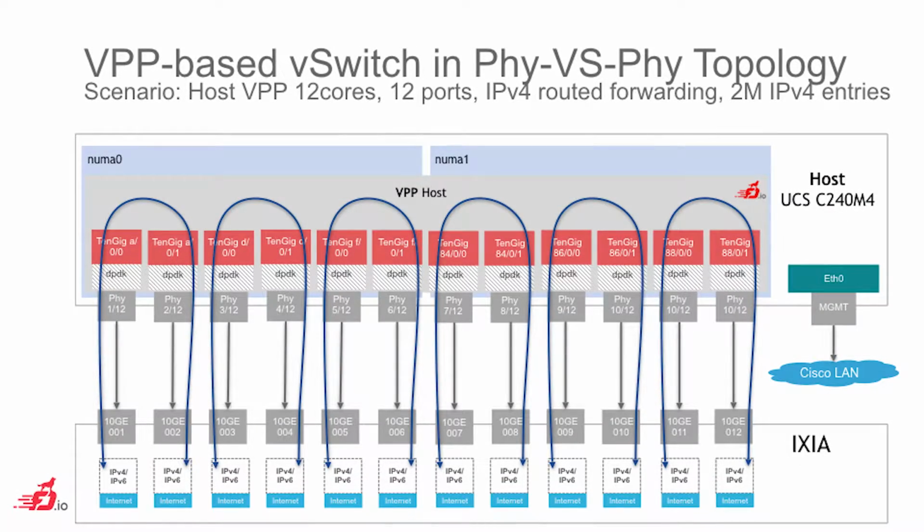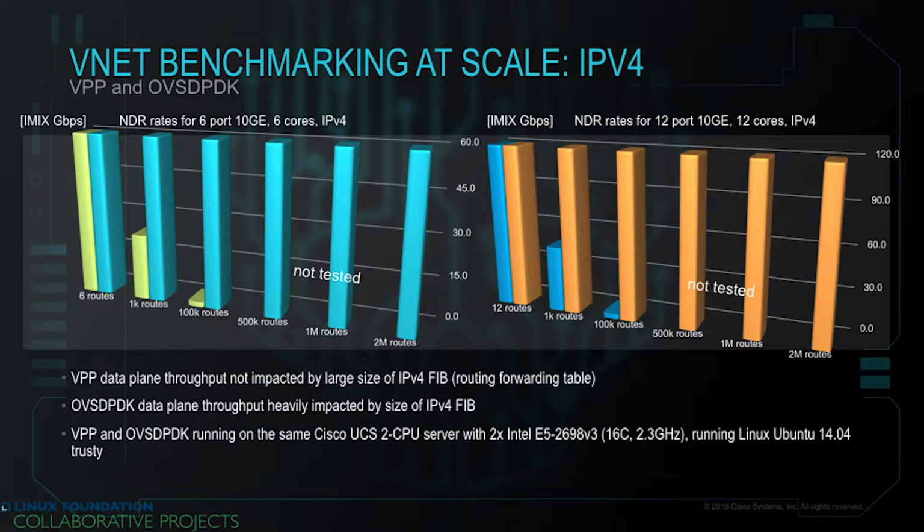So, and I'm going to log in or try to log into one of them, internet permitting, to show you some of the sample outputs from both the generator and from the tester. So, if we look at this 12 ports setup, this is the 12 10-gig ports. We did tests versus OVS DPDK, and